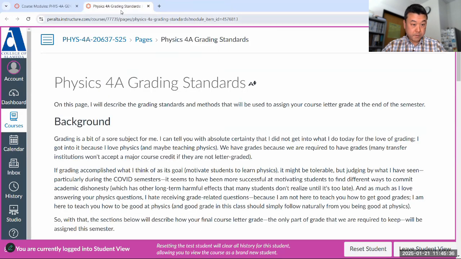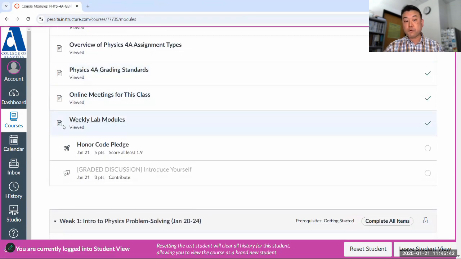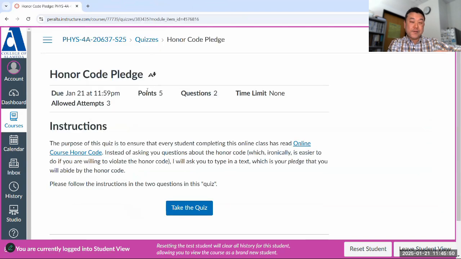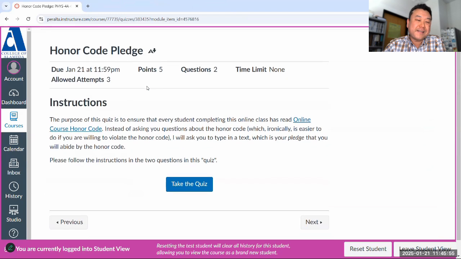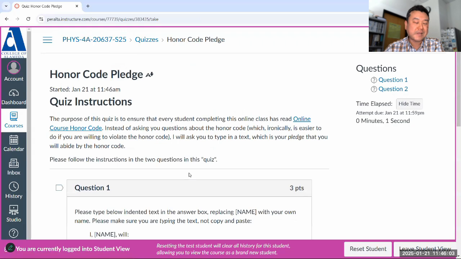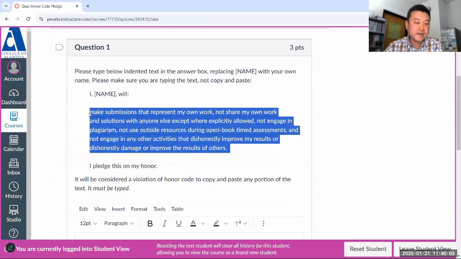So, with that, let me do the honor code pledge. That's the first of the module items where the requirement was in view. So I need to actually score something in order to access the next item. And this is actually one of the items where I do care that you have read a block of text. And I know some of my colleagues do a syllabus quiz. I don't do those because I feel like the main thing I care about is that you have read this block of text. And I guess I can test if you've read it by asking you some questions, but